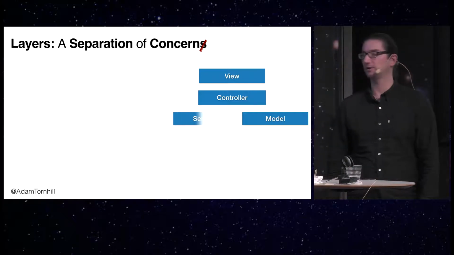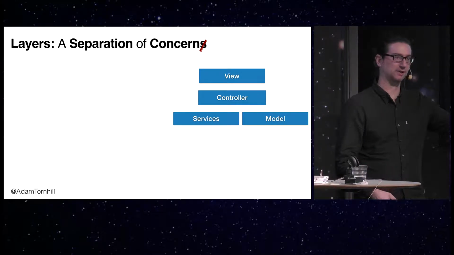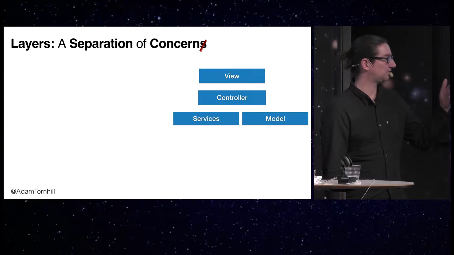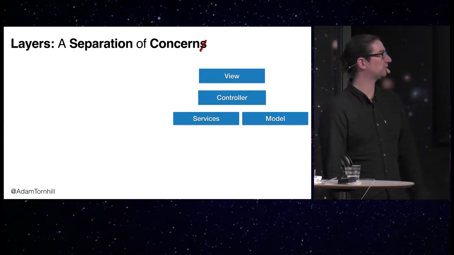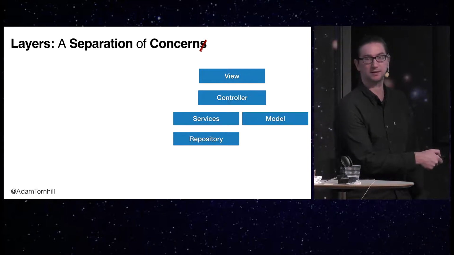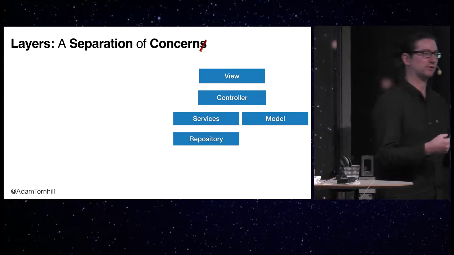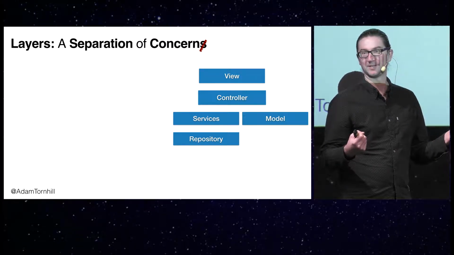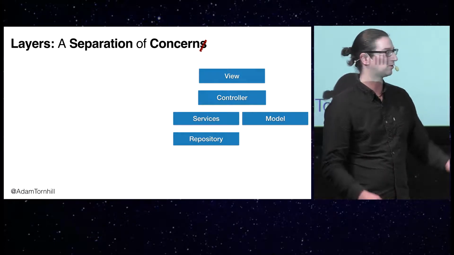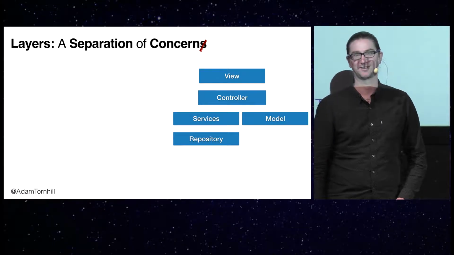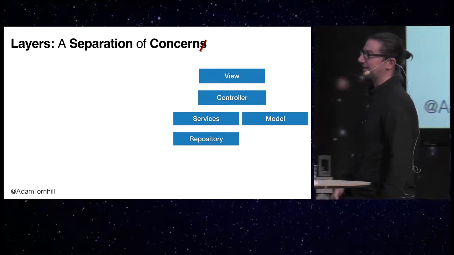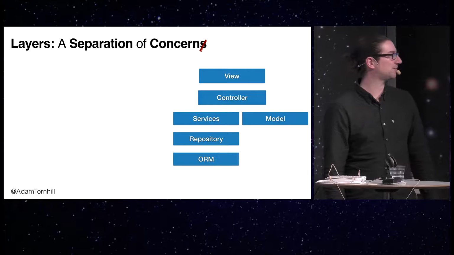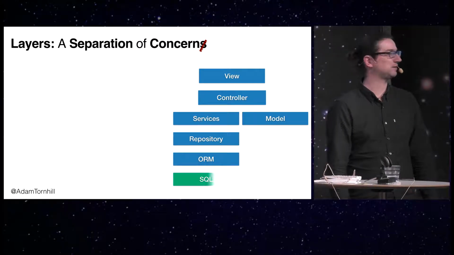And we know that we need a services layer, right? Where we can put the business logic and that stuff. And below that, typically in the .NET world or the Java world, what you typically find is that you need a repository layer. And the reason you need a repository layer has never been entirely clear to me. So I'm going to skip over that and just call it a best practice so we can get away with it. Sounds good? Right. And then below that, we might have data abstraction layers, or we might have object relational mappers, and then maybe at the end we have some SQL.